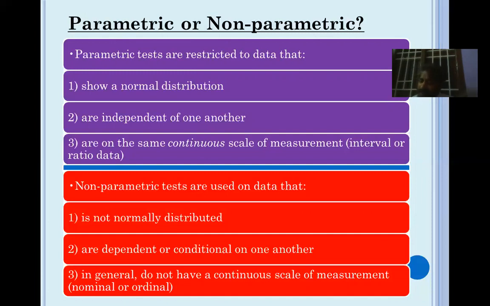If any one of these two conditions is not fulfilled, then you go for non-parametric. That means the data you have is either nominal data or ordinal data, so you have to conduct only non-parametric tests. Otherwise, you have collected the data in numerical form. Though it is number data, if it is not normally distributed, then again you should go for non-parametric tests. So be very clear with these two tests.